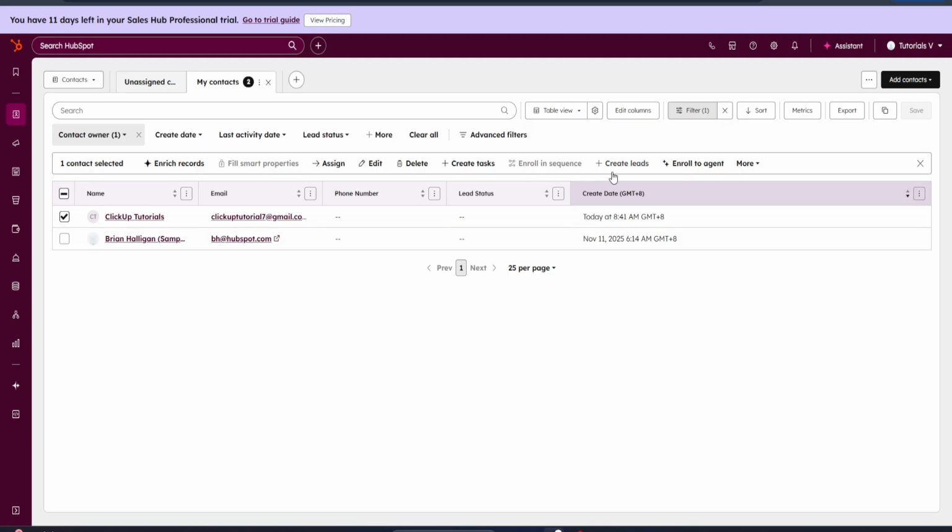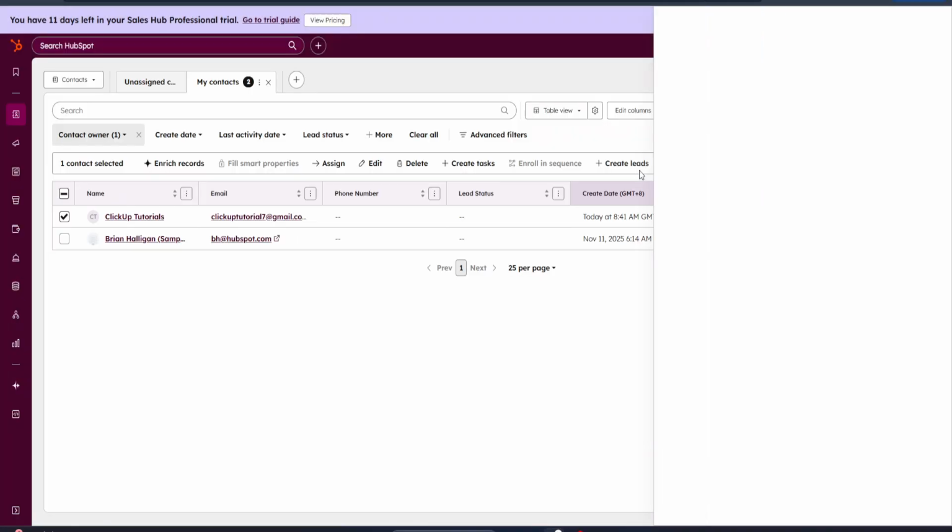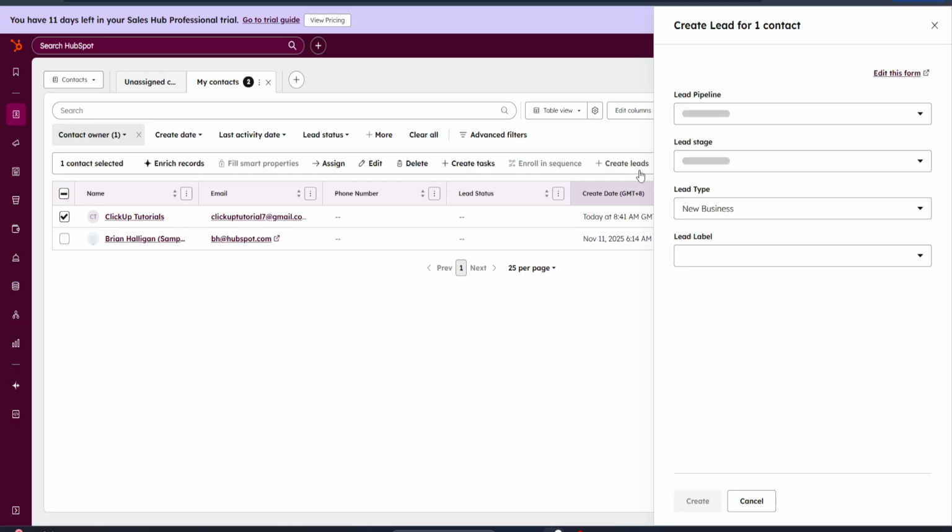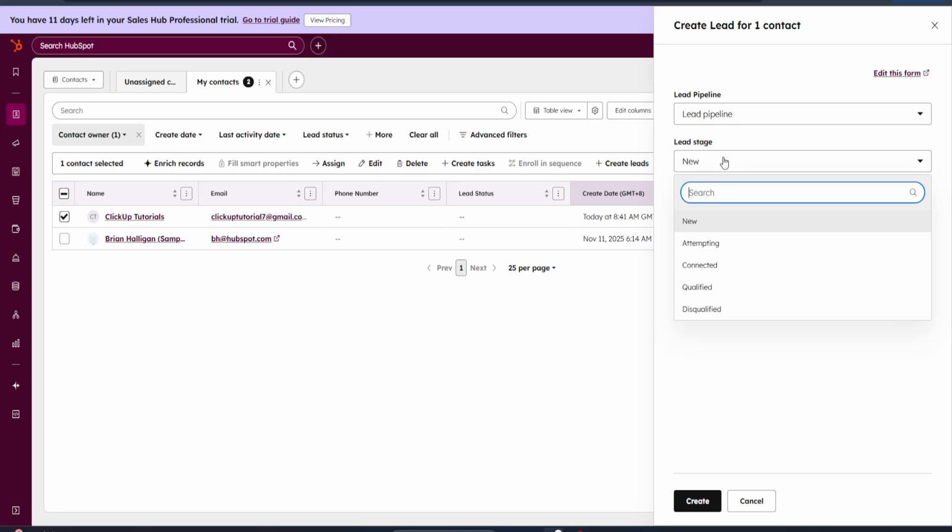Now that you've identified your contact, the next step is to take action by clicking on Create Leads. This feature is particularly useful for nurturing new prospects and turning them into valuable clients. By creating a lead, you're initiating a relationship building process where you can systematically follow up and engage with these